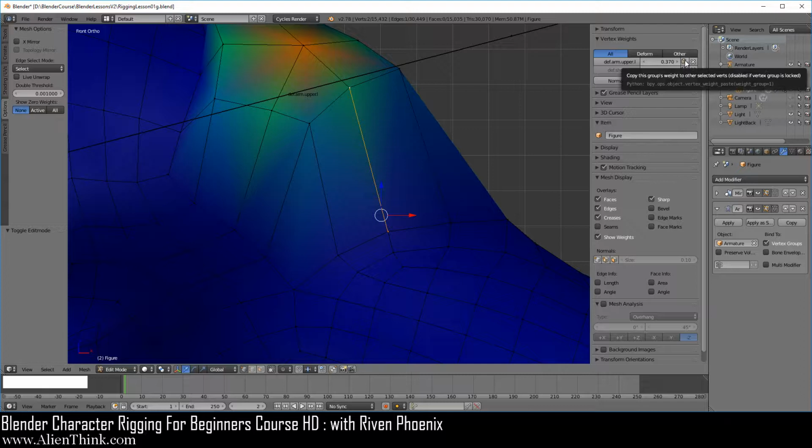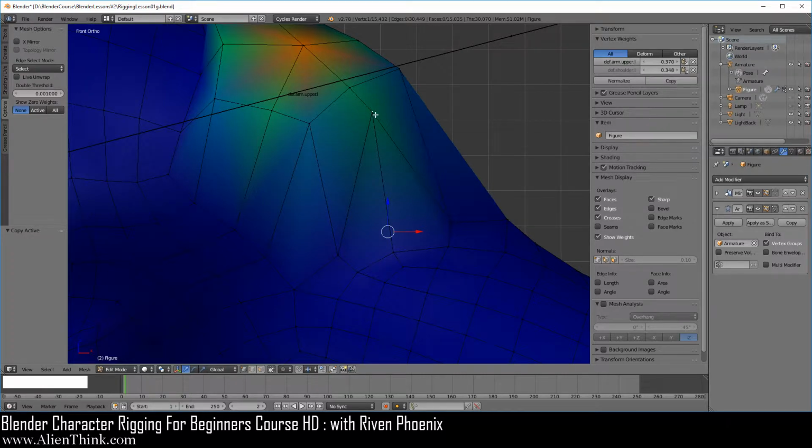Okay, so if you click this, you'll notice that nothing is happening. It's not assigning it. This is because it's only going to copy the weight if this had the vertex group. So in order to do this, we would have to click on copy first, and now this vertex is getting the vertex group, right?